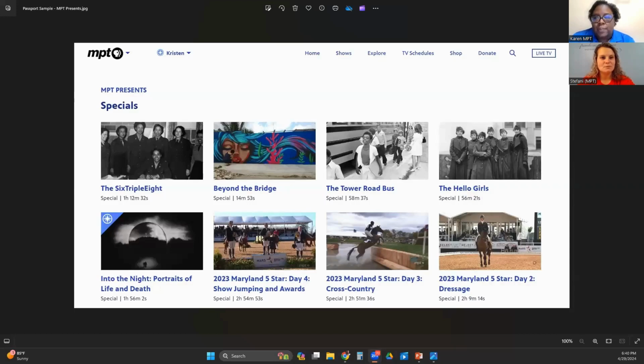You would see the blue compass on the programs that are available for Passport, where you can binge watch most of those programs. So again, just make sure that if you want to watch those, you would have to become a member by going online to